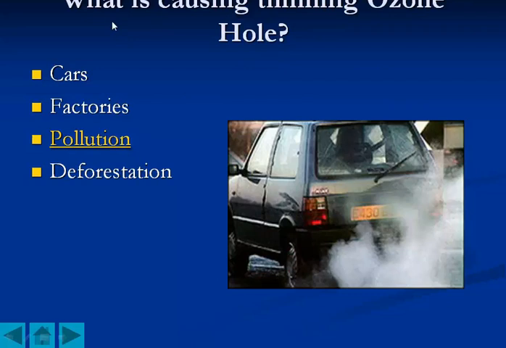So what is causing the thinning of the ozone layer? Fossil fuels are a major problem here. The cars and factories running on fossil fuels and coal release a lot of CO2, nitrogen oxide and sulfur dioxide into the air, and these react with the ozone layer and convert O3 into nascent oxygen and O2, and that way gaps form in the ozone layer.